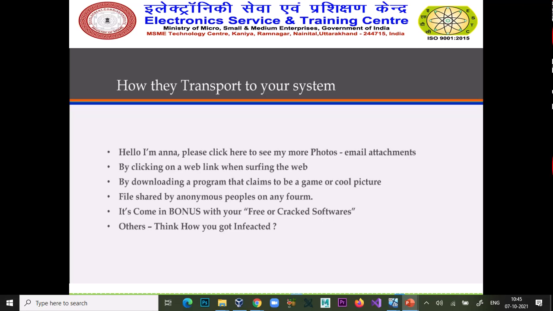It also comes as a bonus with free or cracked software. As I have discussed many times, please don't download any cracked version of software, because there is a keygen, and there is an 80 to 90% probability that in every keygen there is a hidden spyware.